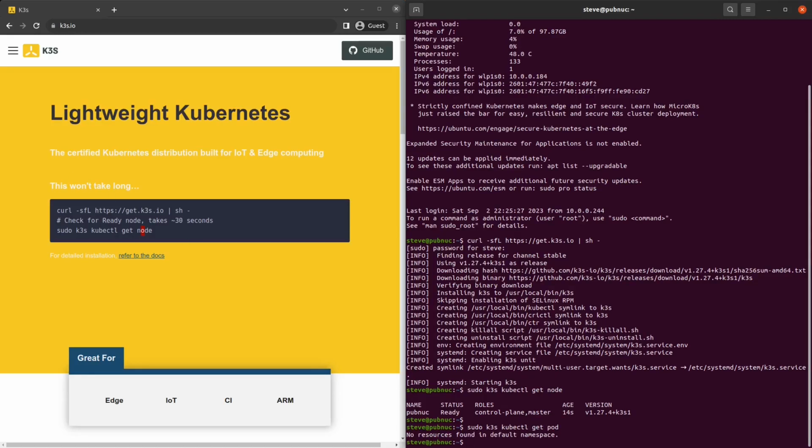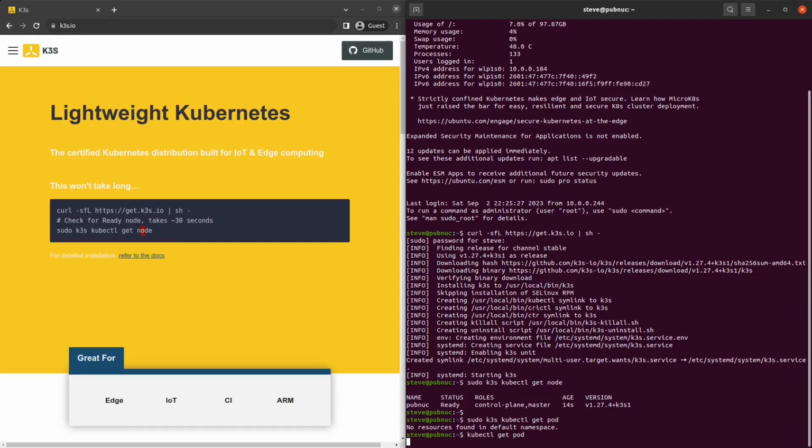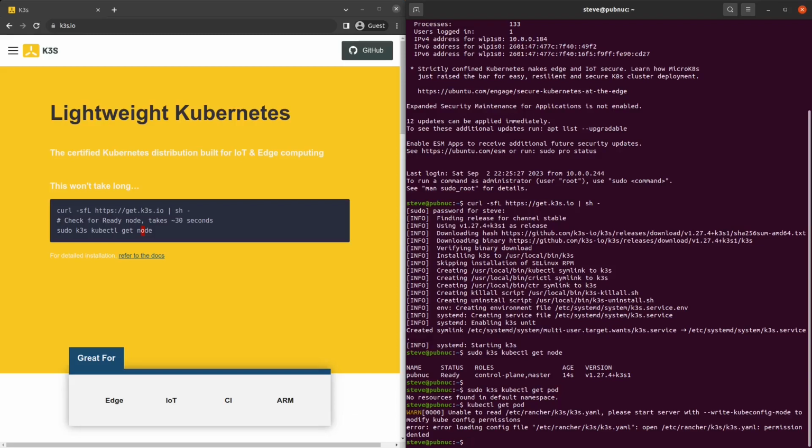One more thing though, what if we want to just use bare kubecontrol, like kubecontrol get pod? That doesn't work off the bat because we don't have permission to open that config file. So we can actually copy it if we have root, which we do, into the common place for that file, which is